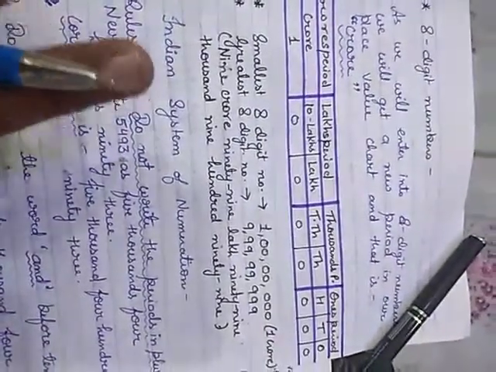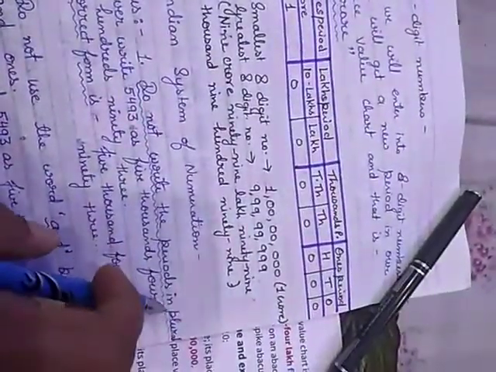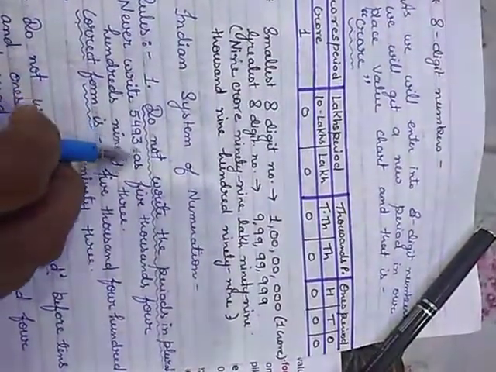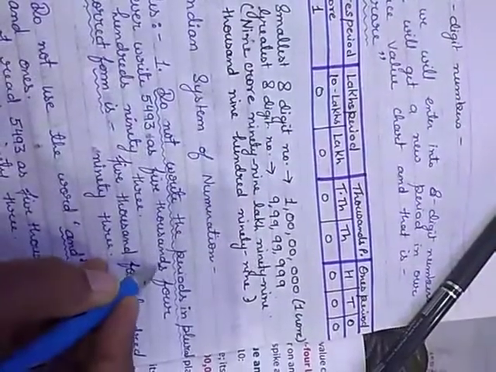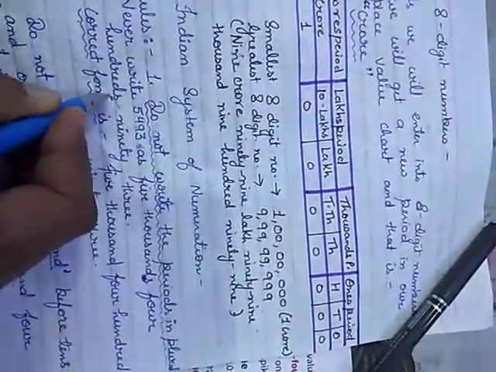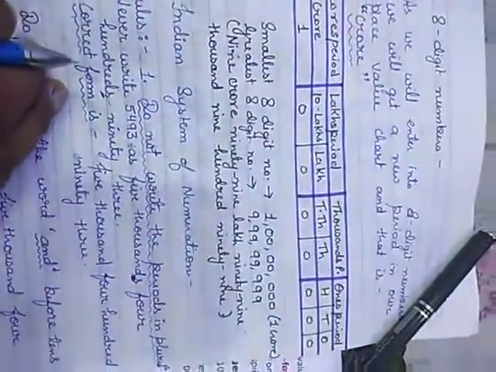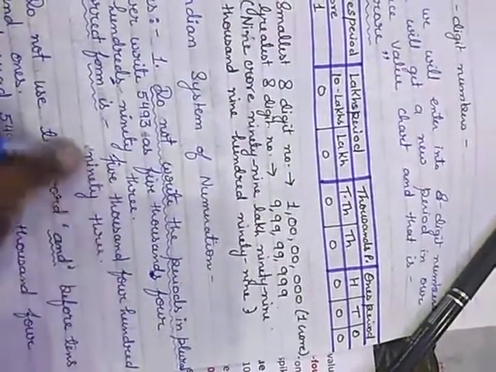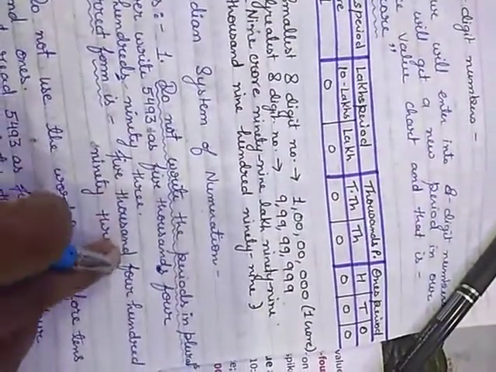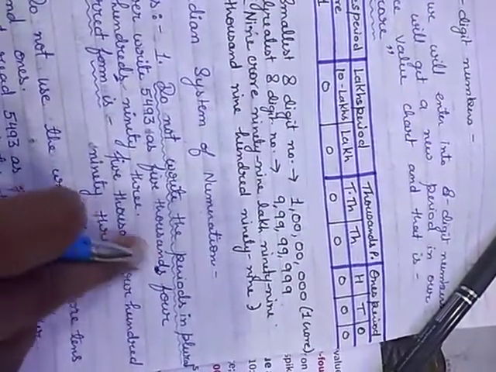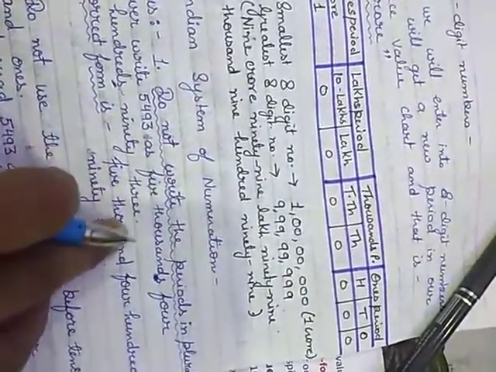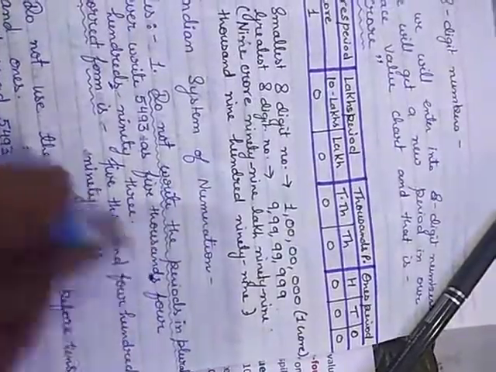The first rule to write a number in words is: do not write the periods in plural. Never write 5493 with an s on the period name. No, the correct form is without the s. Here we are not adding s, you can see it. We should write in singular form only. We should not write the periods in plural form.